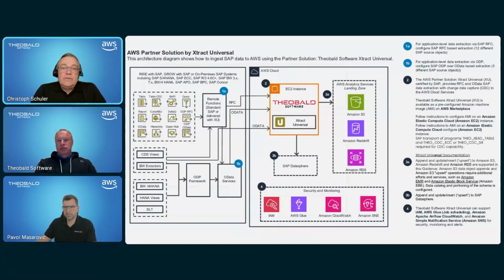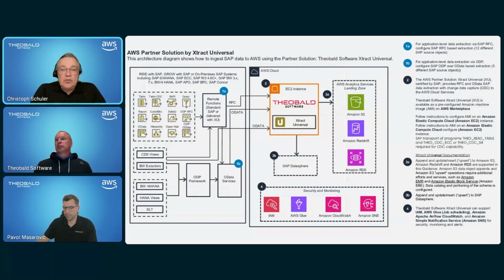Then over on the right, you see that once the data is extracted from the SAP system, we send it directly into one of several AWS services. This could be Amazon S3, this could be Amazon Redshift. We're also compatible with various databases under the Amazon RDS service. We also integrate with SAP DataSphere. So if you're a customer who is running SAP DataSphere or BDC in the AWS environment, we can also send